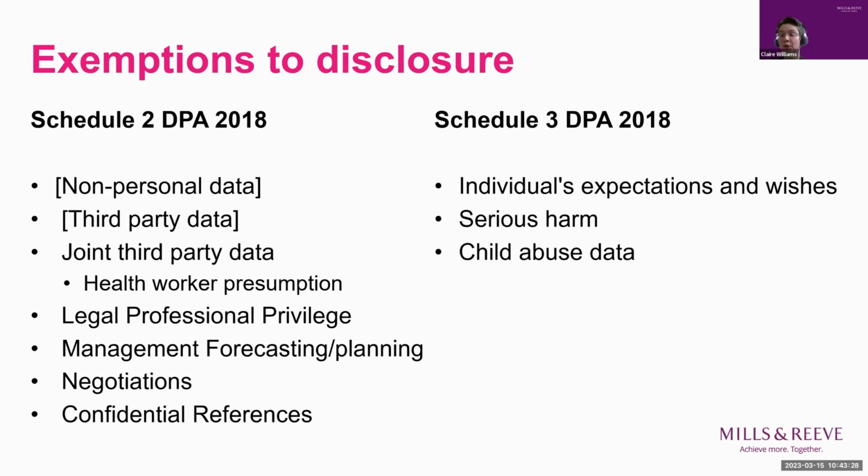Moving on, we now have the more interesting exemptions from the healthcare perspective. So as mentioned, specific to the healthcare sector, Schedule 3 of the Data Protection Act gives you specific exemptions. If you receive a request for health data for someone with parental responsibility, or someone who's under 18 or 16 in Scotland, or someone who's been appointed by the court to manage the affairs of an individual who can't manage their own affairs, you don't have to disclose the information where, one, doing so would disclose information that the data subject, so probably the patient, provided it with an expectation it would not be disclosed to the requester,